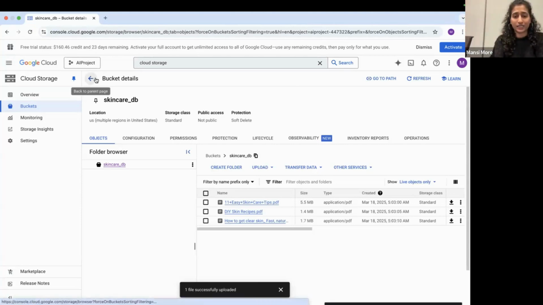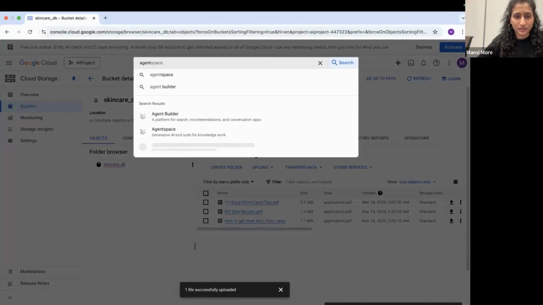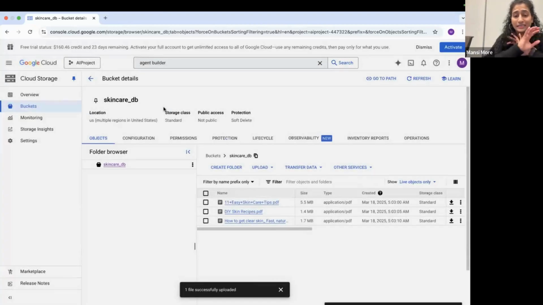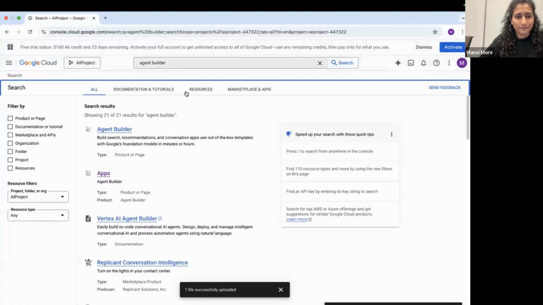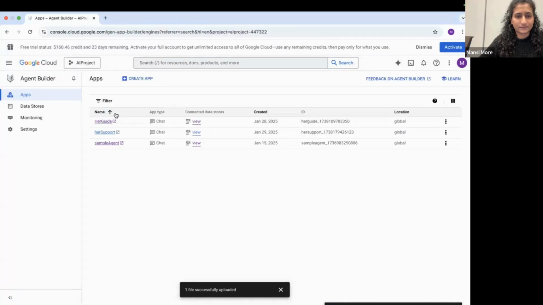So now we are ready with our data set, and we have to create an application for the chatbot where we can feed this training data to it. So let's go in the search bar and type agent builder. Like I mentioned, it is time to create a chatbot. Yep. Again, I have created a few chatbots, so that's why I can see a list here. Go ahead and hit create app,